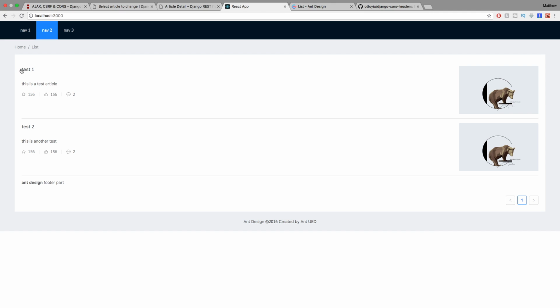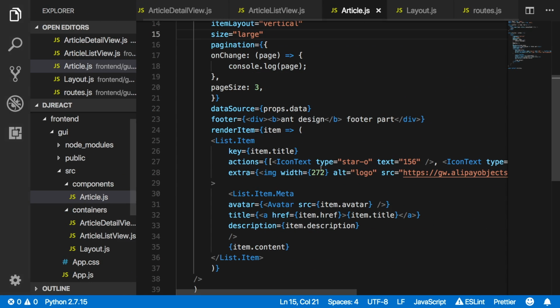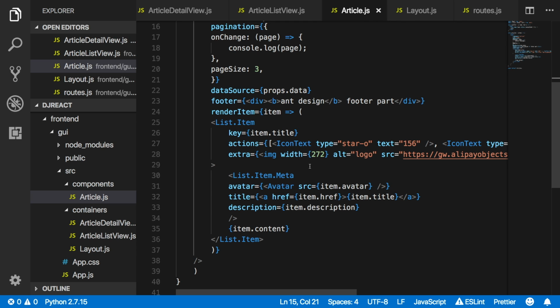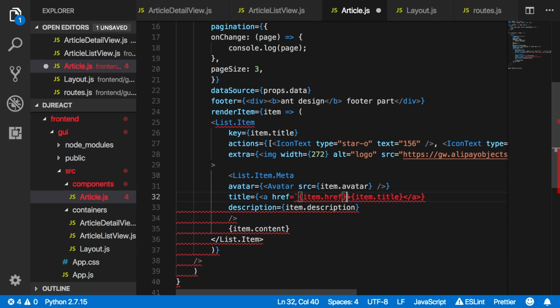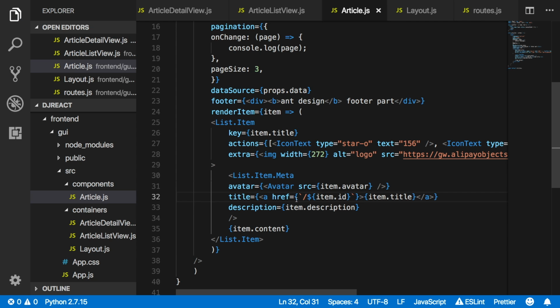And now let's add a link here on the article. So we'll go to the article and we'll change the href tag here. We would want this to be outputted dynamically as well, relative to the actual ID of the article. So here I'll just do that and then wrap this inside the dollar curly bracket. And this is the item ID. And we just want to put a slash in front of that. So meaning it's going to go to /1 or /2, but we want to pass the ID from our actual